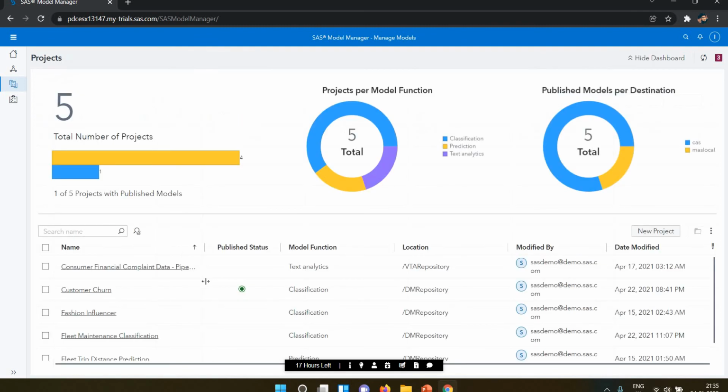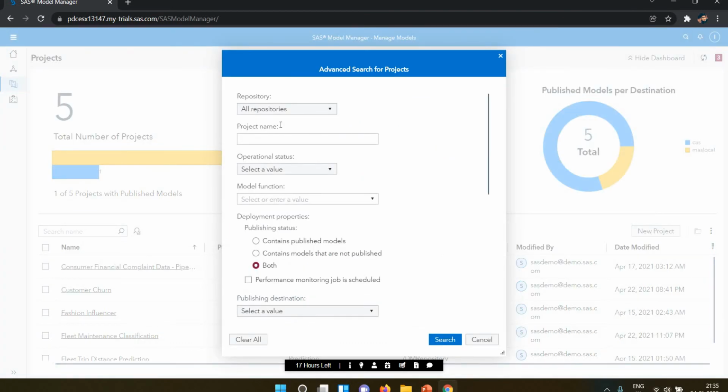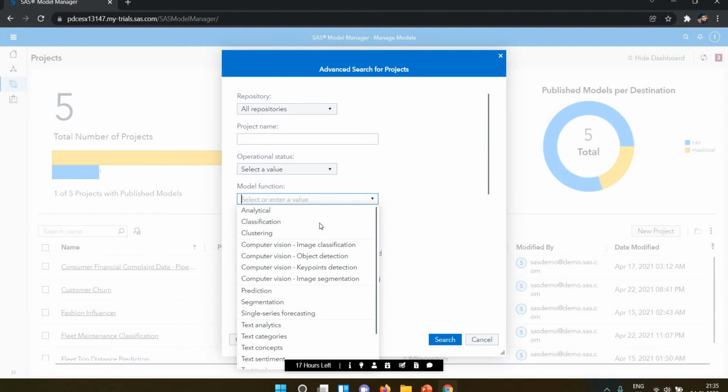Also you can search for a particular project. If you want to see it in the public library or any repository you have, you need to click here. You can search with the project name also. And the operational status: let's suppose you are checking for deployed, in production, deactivated, prototype. You can select that also. Next we have the model function.